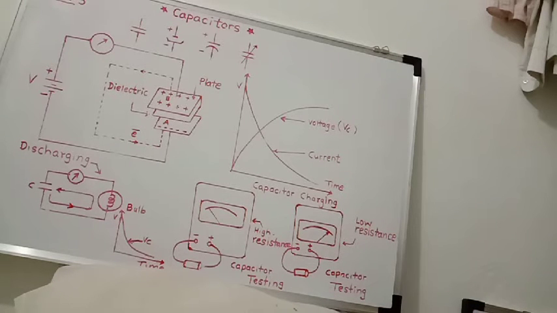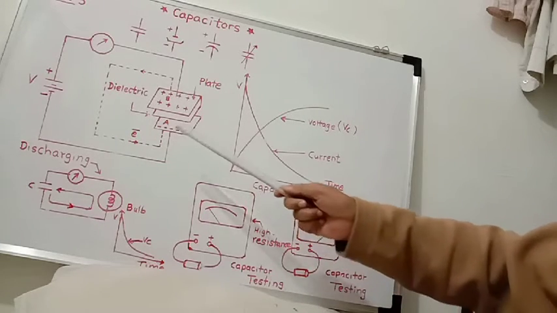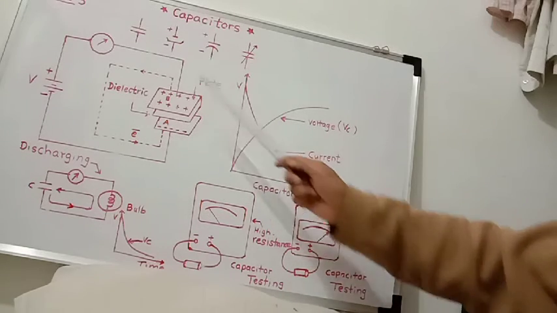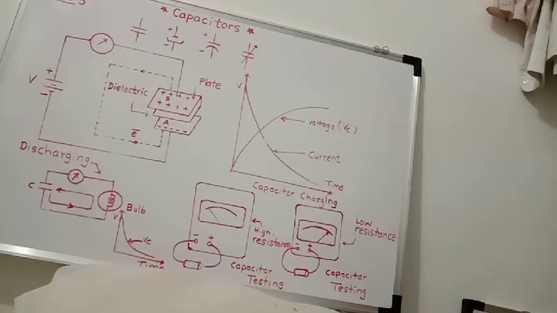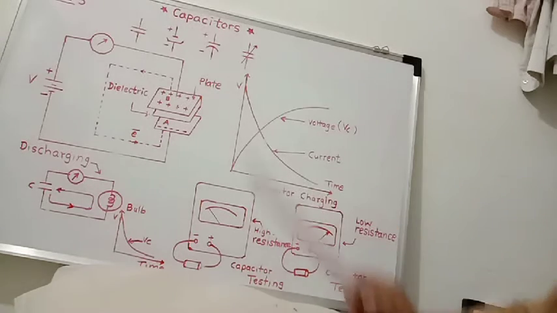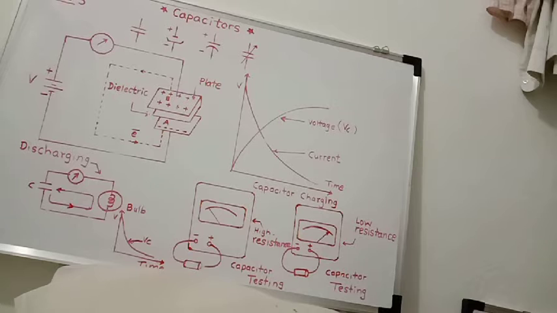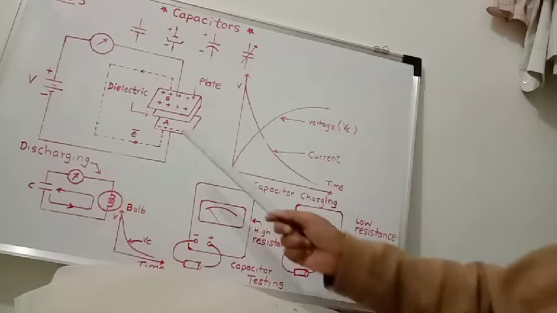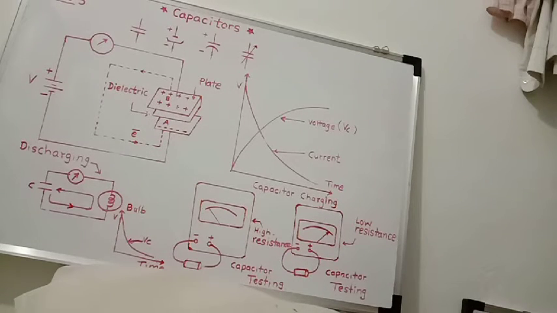Therefore, an electrostatic force is developed by plate A, and that gives pressure to plate B, and then it passes the same number of electrons towards the battery. Okay, so this is known as electrostatic induction. Thus we get negative charge on plate A and positive charge on plate B.